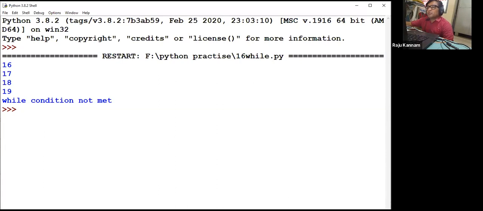Can you please give a real-time example of while else? Real-time example means, for example, you can take the same banking example. We are waiting for some 5 minutes. In 5 minutes the user has not entered anything. Then in the else block we will write the statement: you have not provided any input in 5 minutes, so your session is expired. You can write that.